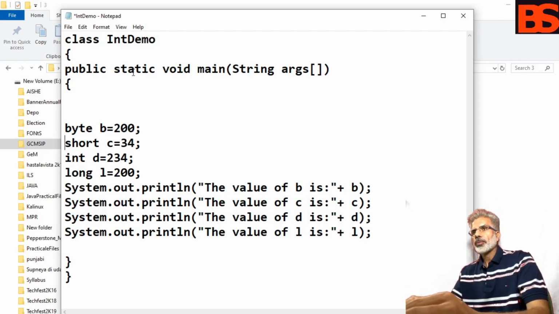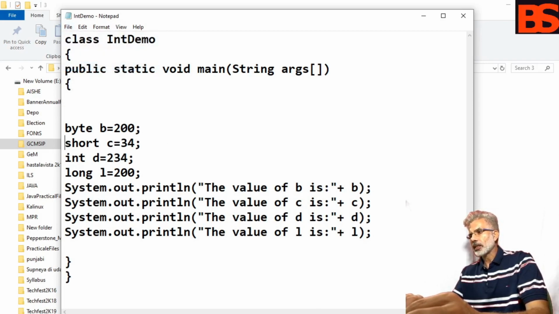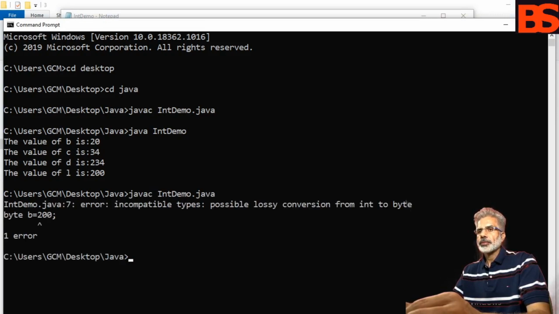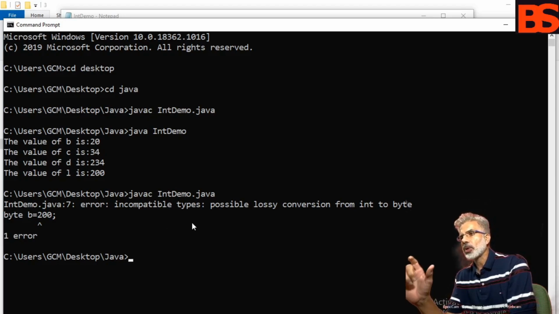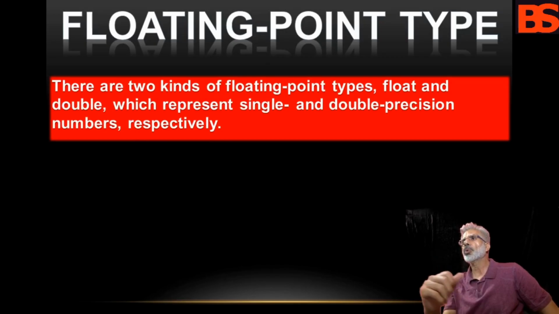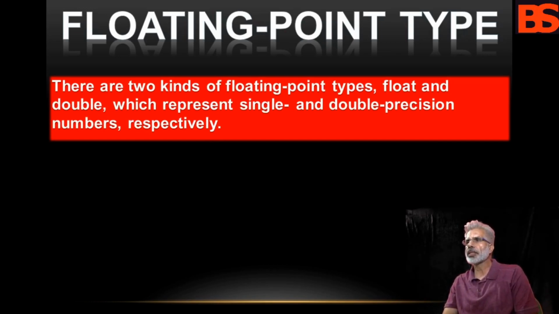I want to show you, save it and run it again. This is the error: incompatible types, possible lossy conversion from int to byte. You are assigning more than the range.